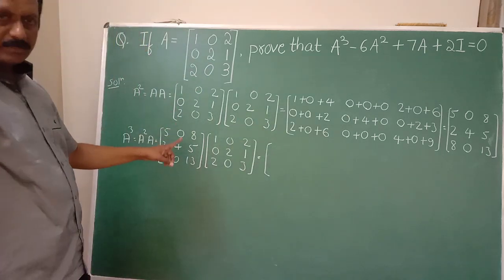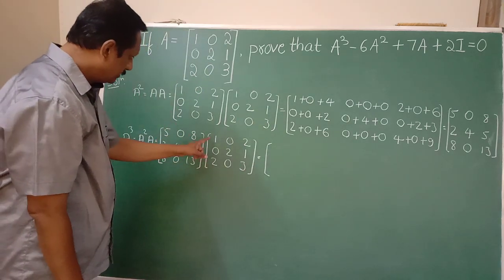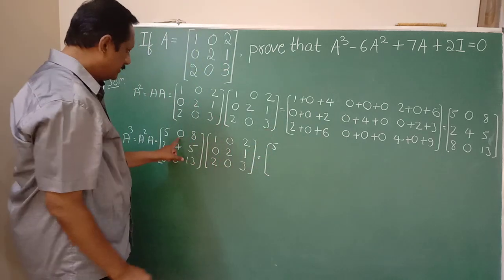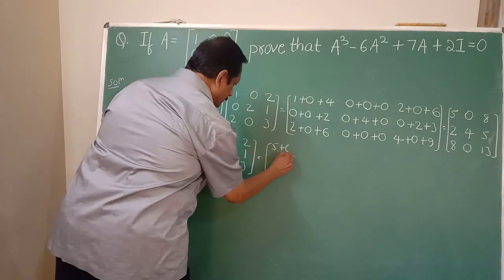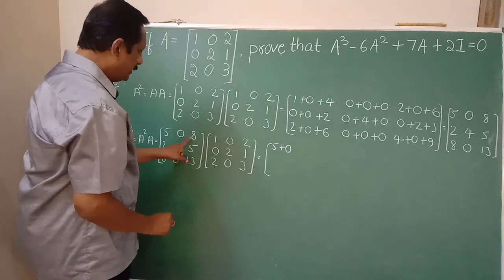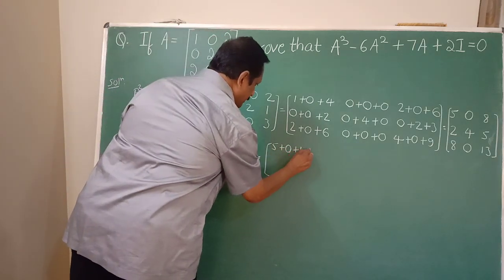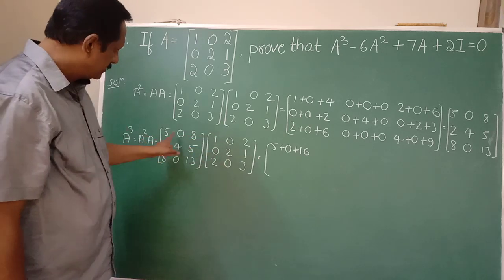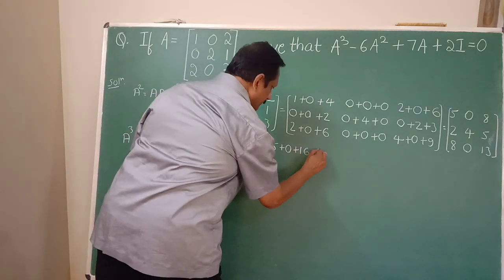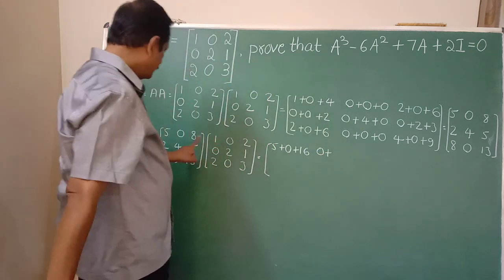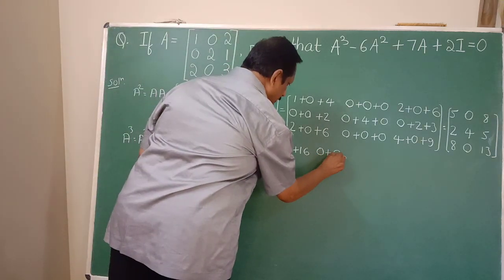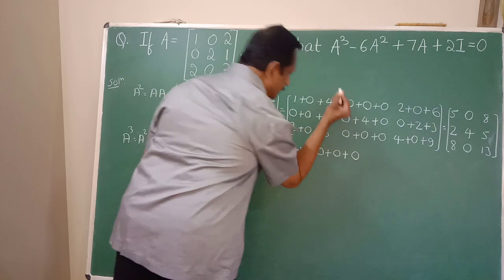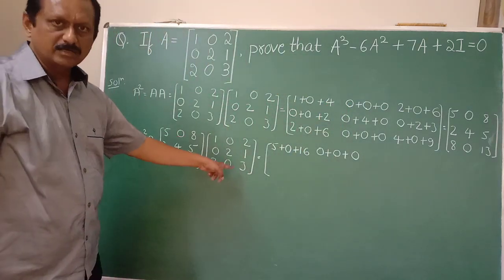okay, again multiply with the column here. Multiply this row with this column. 5 ones are 5. So write here 5. 0 into 0 becomes a 0. Plus a 0 here. 8 2s are 16. Plus a 16 here. Then multiply row with the column here. 5 into 0 is a 0 here. So write here plus. Then 0 into 2 becomes a 0. This is a 0 plus. Then 8 into 0 becomes a 0 here. This is a 0.